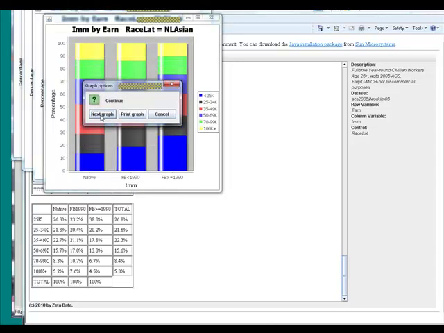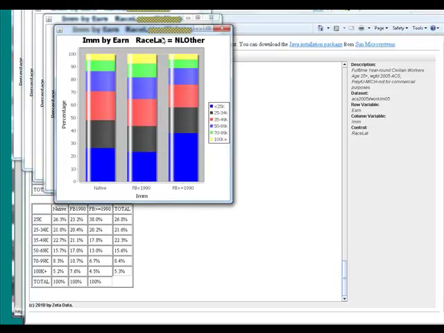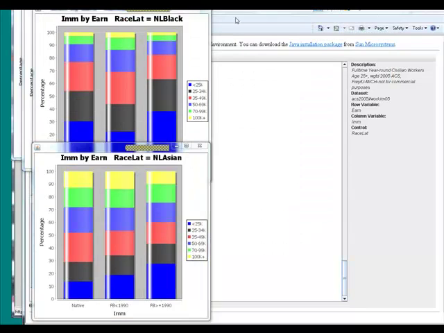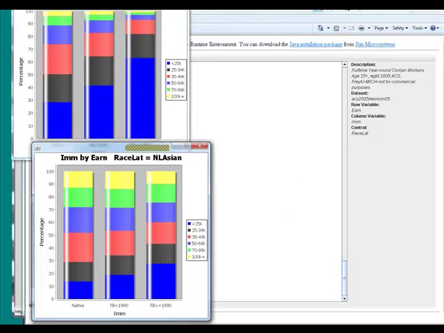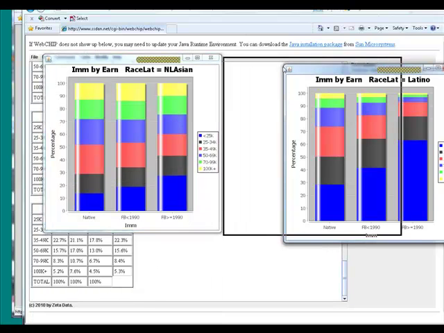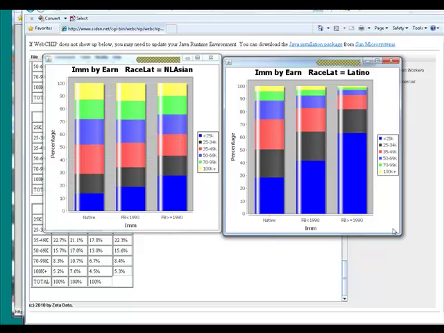And you can look at that same relationship for each of the race and ethnic groups, but we're really only interested in Asians, or non-Latino Asians, and Hispanics. I guess we can pull that one out, or Latinos. And you can see that in both cases, there's lower incomes among the more recently arrived foreign-born than there are among the longer-term foreign-born, and then versus the native-born. For Latinos, the distinction is much sharper, so that for Latinos, for the recent foreign-born, many of them have low income compared to the